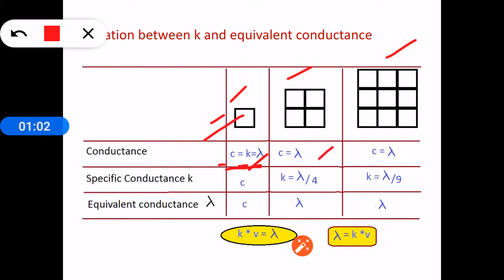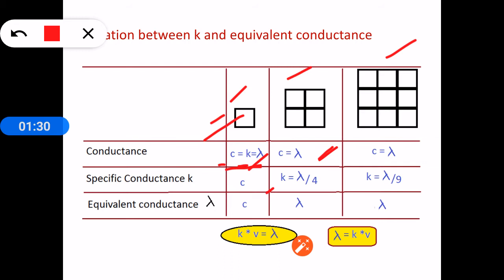On diluting 4 times, the measured conductance is again equal to equivalent conductance because in the 4 cc solution only 1 gram equivalent weight of substance is present, and we do not bother about the volume of the solution, we want only 1 gram equivalent weight of substance to be there. As 1 gram equivalent weight of substance is present in this 4 cc solution, the measured conductance we call equivalent conductance, lambda.